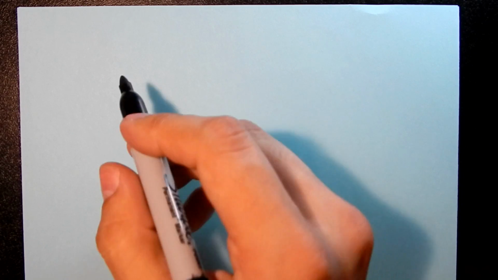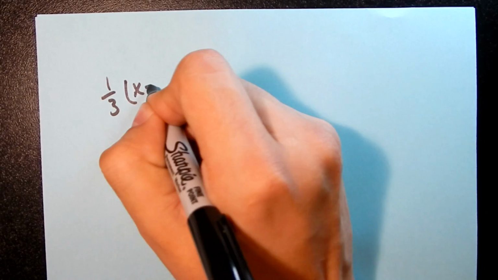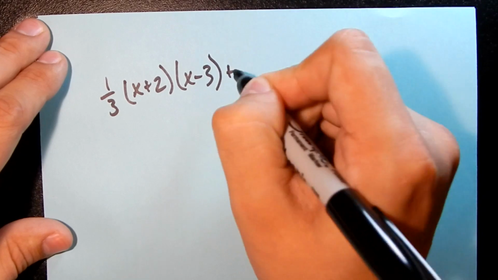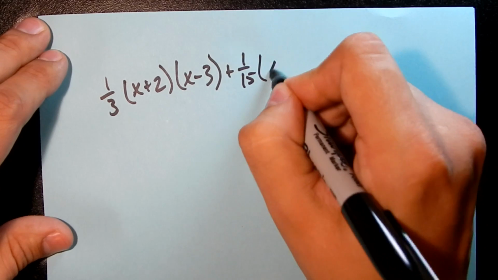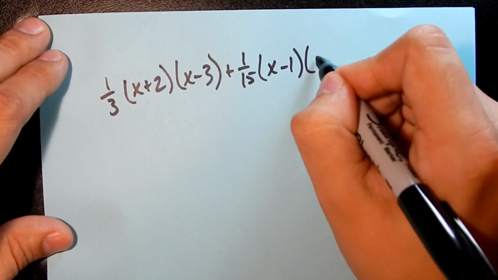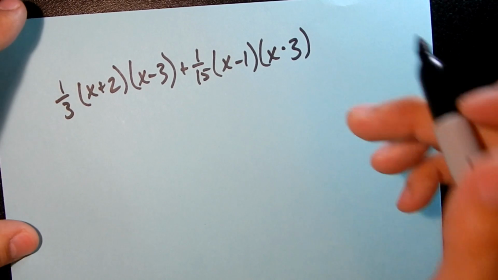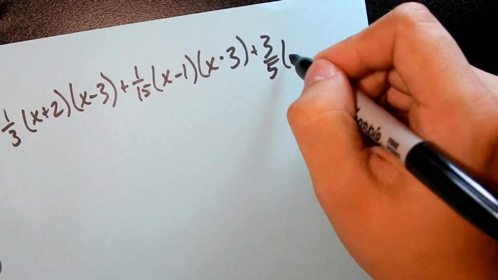So for this, using the information that we had here, we're going to say, let me see if I can write this here. We've got 1/3 times our factors. What did we have? x plus 2 and x minus 3, plus 1/15 times those two factors, x minus 1 and x minus 3. And then for the last one we had 3/5 times those two factors, x minus 1